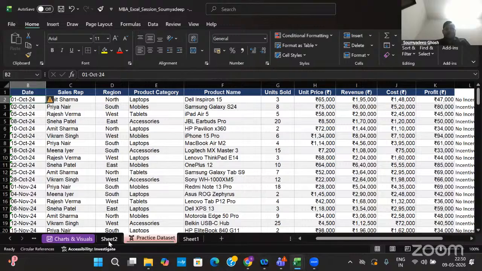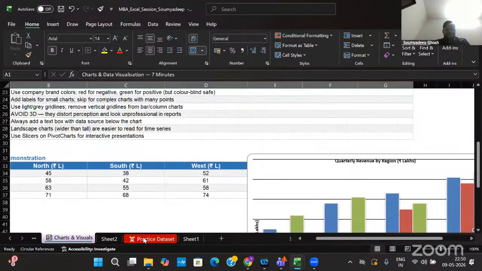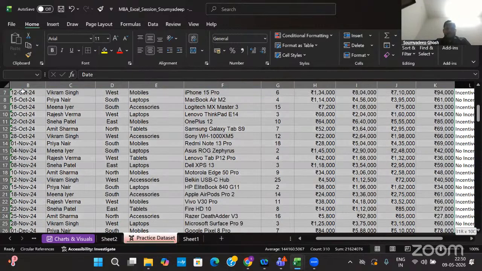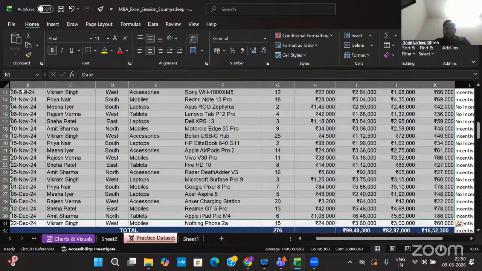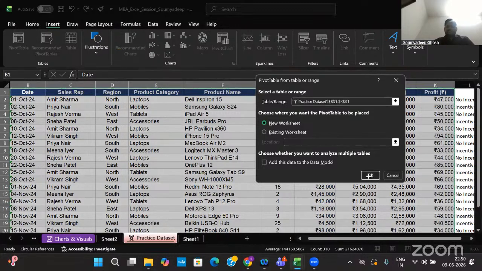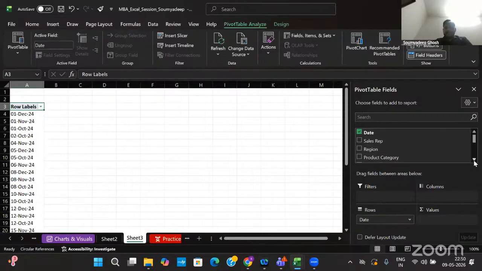For that, I'll get another table where I'll have daily total profit, and I'll add profit.